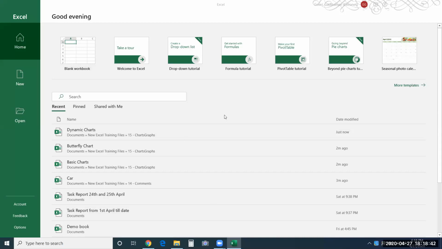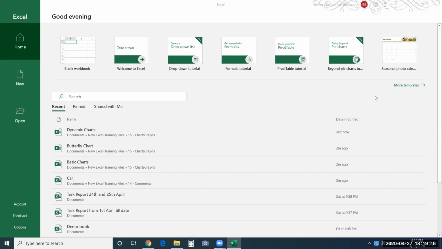What is our Office 365? Office 365 is an Office subscription suite that Microsoft is providing, which will enable you to access it from anywhere. You don't have to save your files on your desktop and worry about it. You can access your files once you save it in OneDrive. It lets you co-author. So there are so many options available to us in Office 365, which is not there in the desktop version.